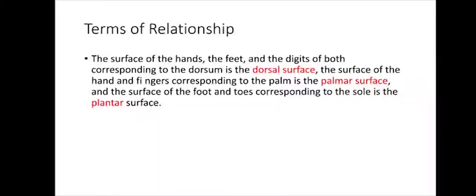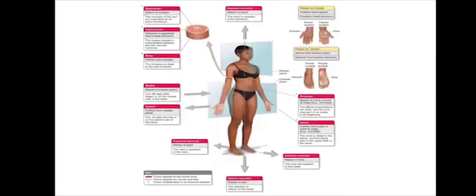Combined terms describe intermediate positional arrangement. For example, inferomedial means nearer to the foot and lying in the median plane. Then we have superolateral, which means nearer to the head and farther from the median plane. There are other terms of relationship and comparison which are independent of anatomical positions and anatomical planes, relating primarily to the body surface or its central core. Then, here is a small picture showing all of what I have discussed earlier.